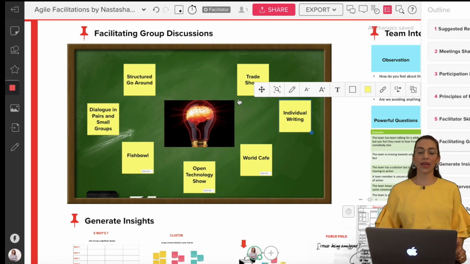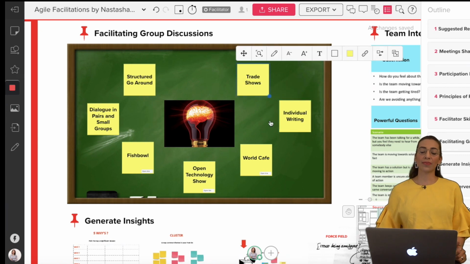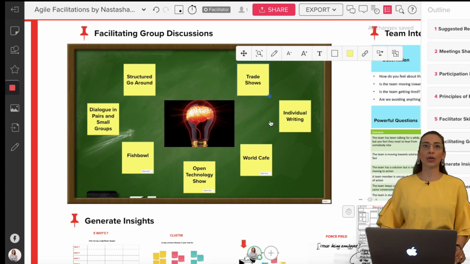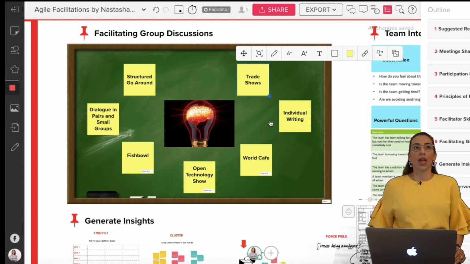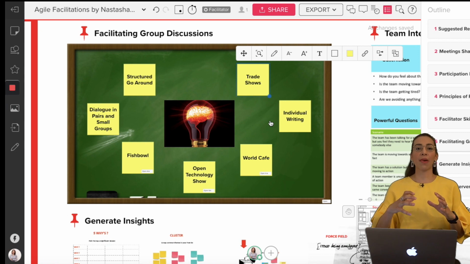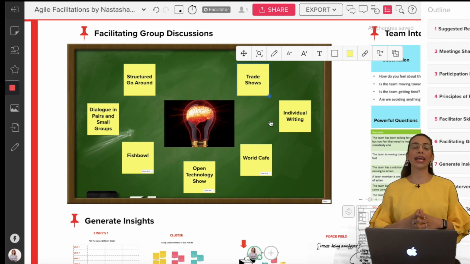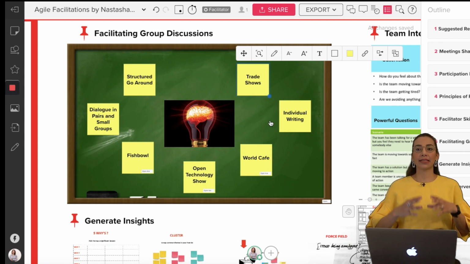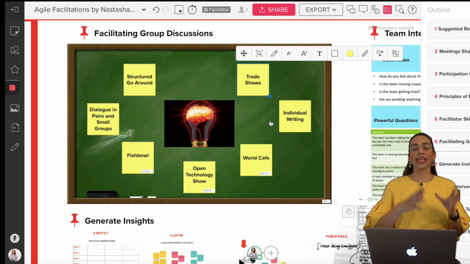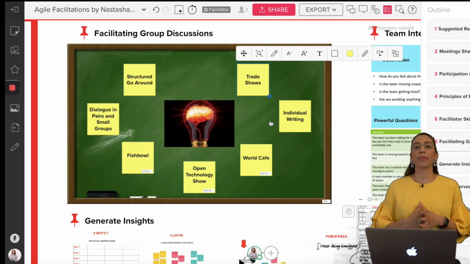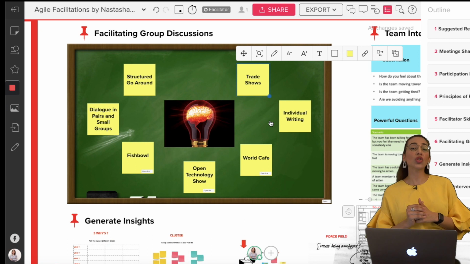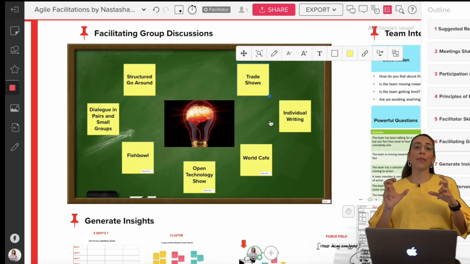Let's see what each of them are. The first one is very interesting because it allows teams to present a demo of a solution on a topic and for the rest of their team members to review it, right? Basically, given a topic, as they come to the facilitation, team members bring the demo of a solution, and that demo can be